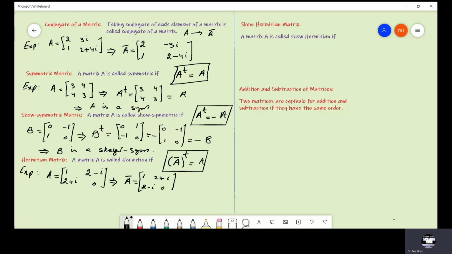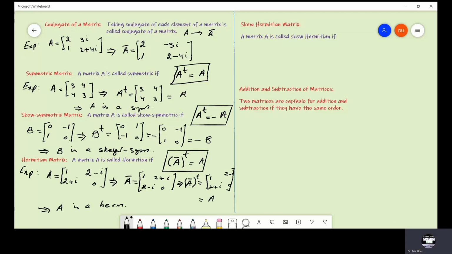And now let us take its transpose. So A conjugate whole transpose is equal to 1, 2 plus iota, 2 minus iota and 0. And now we can see that this is the same matrix A. So A conjugate whole transpose is equal to A. It means that A is a Hermitian